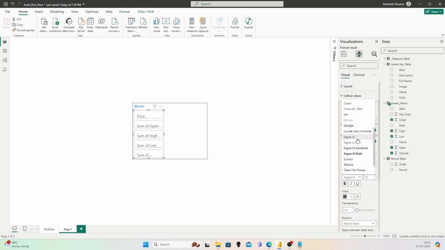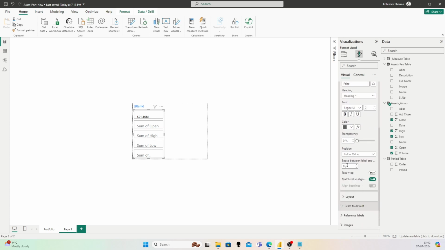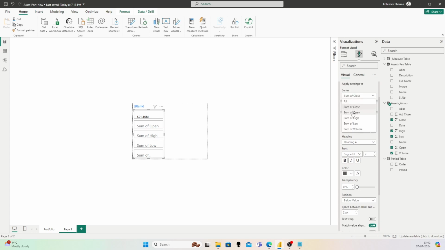This price will be this, and make it as 9, and below value the space should be, let's skip it. Similarly, open, the open,